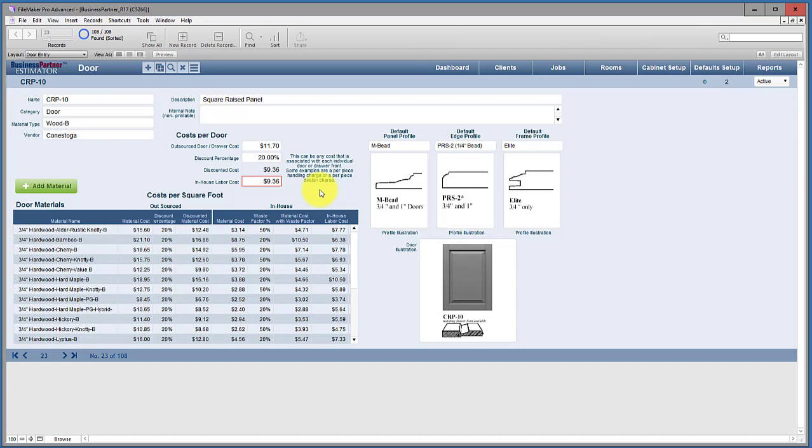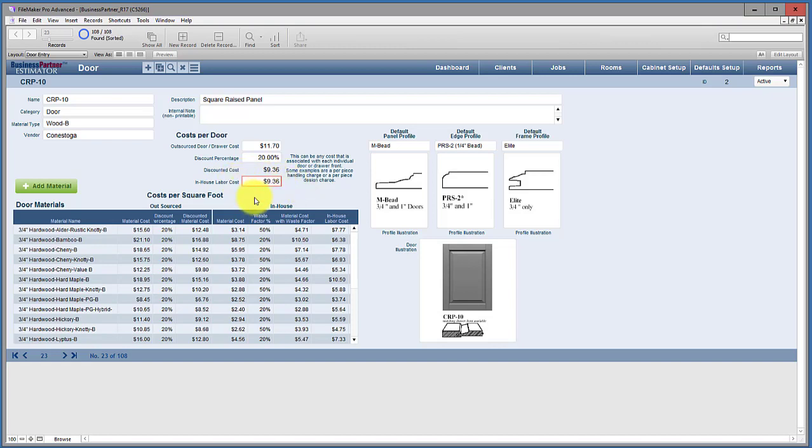You don't have to utilize this, just let it do its thing and ignore it, and then always choose outsource if you use vendors' doors, and then create your own doors and pay attention to the in-house labor cost for those doors and choose the correct source when you're doing the material entry in Business Partner. But this methodology allows you to do both with a single door, and I'll try to explain how it makes sense to do that, but there are also some implications to doing that. So here we have our in-house labor cost that's calculated, and because it has a red line around it,